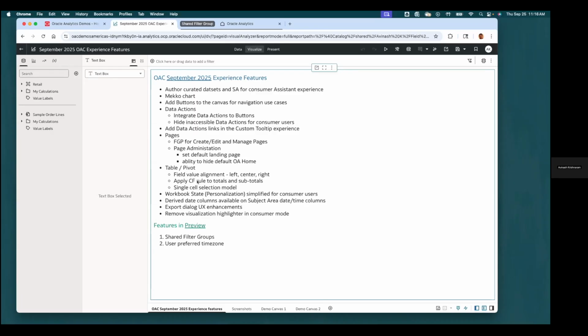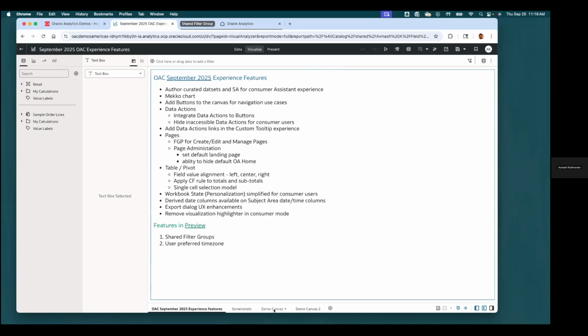And most importantly, we have enabled a single cell selection model, which allows the user to, by default, select a single cell value without compromising the brushing experience, to be able to copy the cell value. This is one of the critical pieces of feedback that's been in the community for a long time, so I'm glad that we've delivered on some of these functionalities.